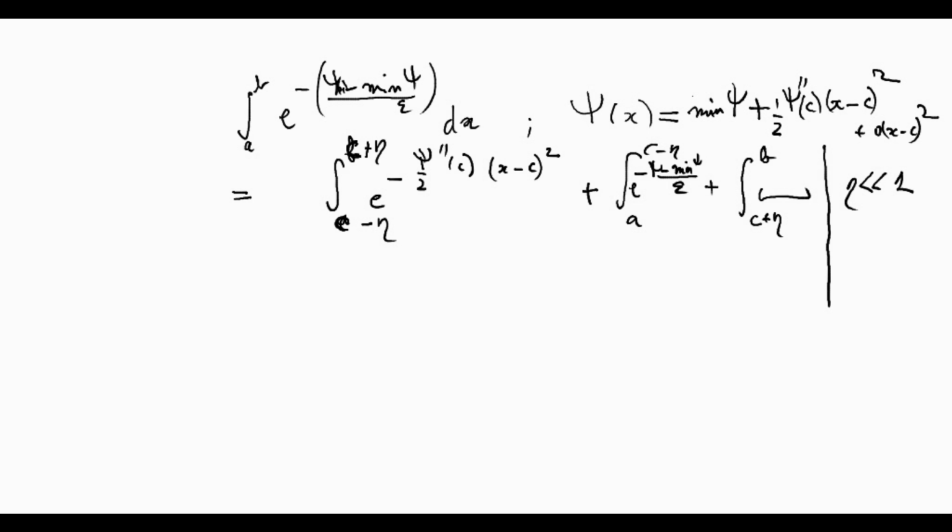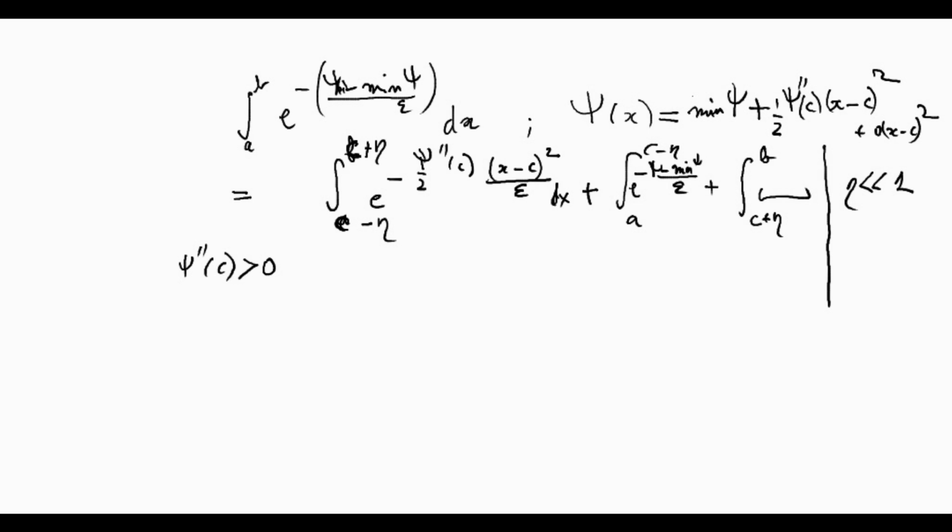So we assume that psi second of c is not 0, which is strictly positive. Otherwise we have to go to the fourth order term, and then the analysis is quite similar, just the exact dependency in the parameter will change. So this is here divided by epsilon. Okay, so now we can